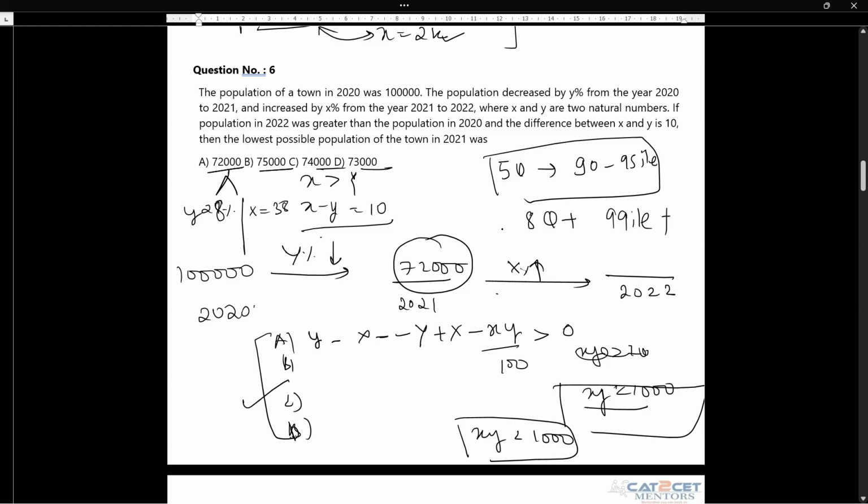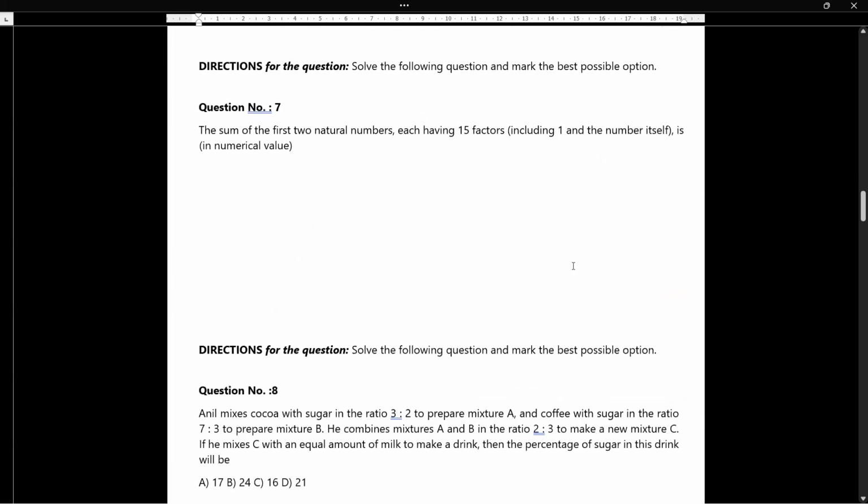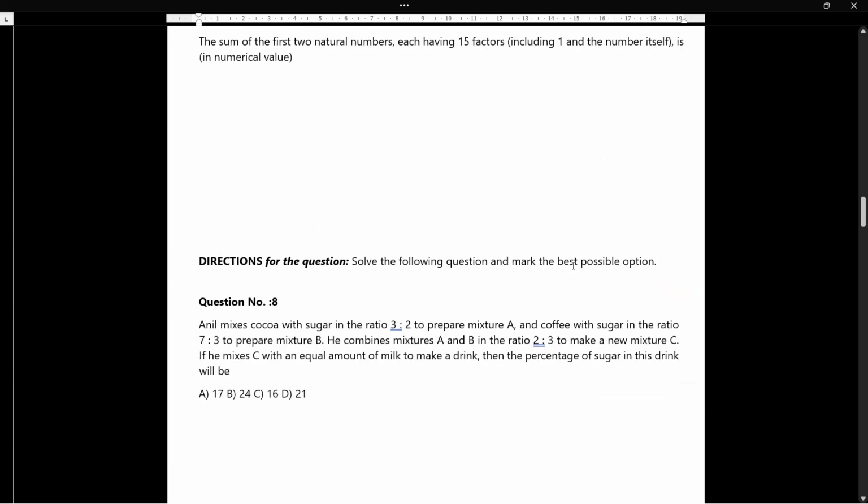So there is not much calculation, no calculator, no investing 5-10 minutes in a particular question, just solving. Nothing special was required here. If you know the basics of percentages and successive changes, you'll be able to solve it. Also, I would like to add something here for the students of C2C: this is a very good thing because all the videos are uploaded in the dashboard.